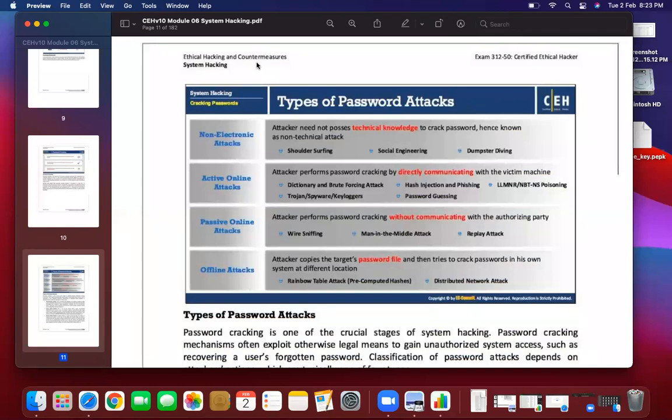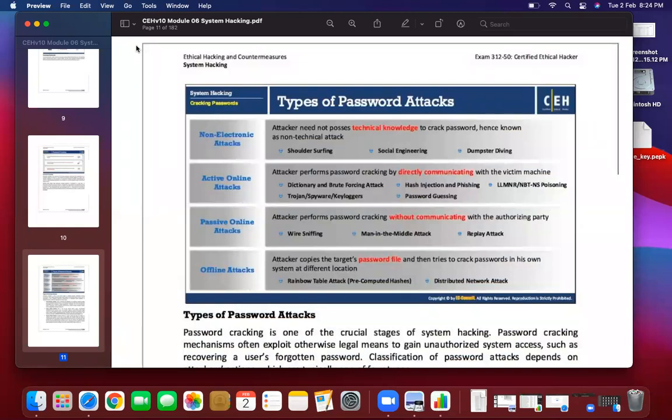Okay, let's continue further. So I hope the types of password attacks are clear to everyone: non-electronic, active, passive, and online. What is a man in the middle attack? Suppose I'm using my laptop and I'm connected to the internet and transmitting some data over the internet, which can be logging into Facebook, doing a transaction online, purchasing something online, or sending messages to my friends online.